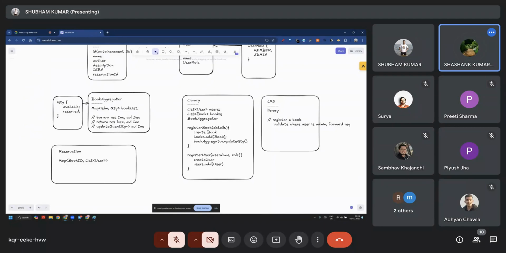Yes, so it will validate. If the user is validated, so if the user is admin, it will forward the request to the library, and then the library will add it to the list of books it is maintaining, and to the book aggregator. Similarly, we can have,